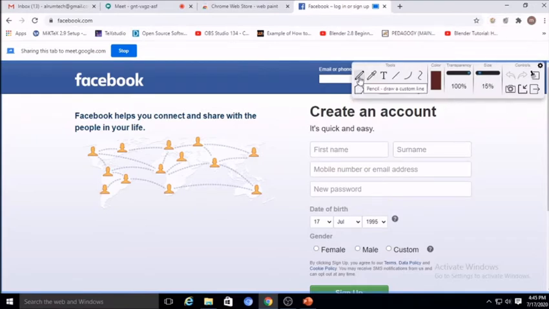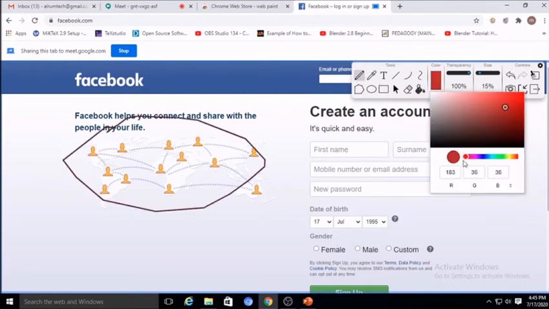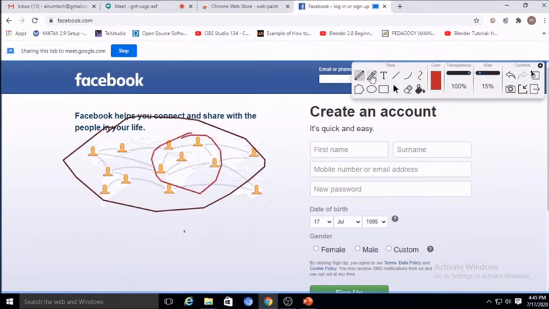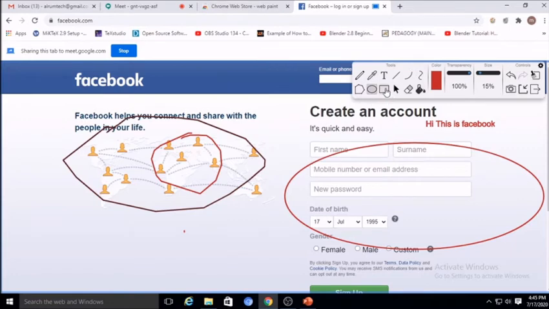So first toolbox is pencil. So you can draw something. You can change the color of pencil. Then second, text. If suppose I want to write something, so I can write on that page. I can draw line, I can draw quadratic circle or curve, I can draw Bezier curve, I can draw ellipse. If I want to show the rectangle, then click on rectangle.